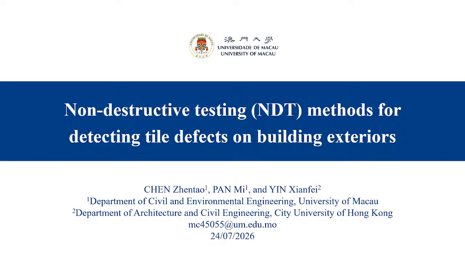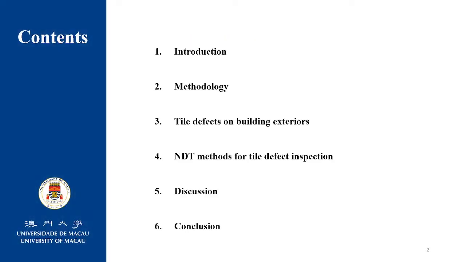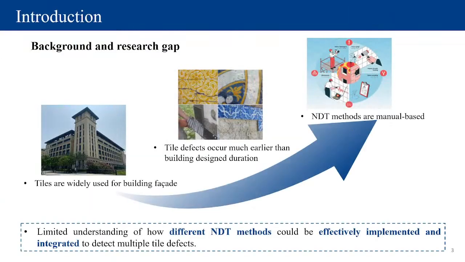So the presentation includes 6 parts. Let me get started with the introduction. Tiles are widely used for building exteriors because of their waterproofing, thermal insulation, and aesthetic functions. But tile defects occur much earlier than the building design duration. With the fast development of non-destructive testing methods, it provides an accurate way to detect tile defects on building